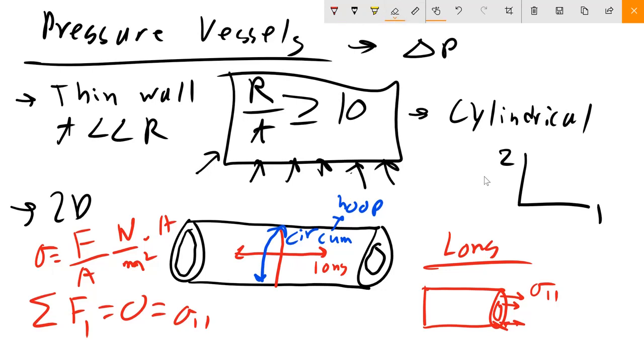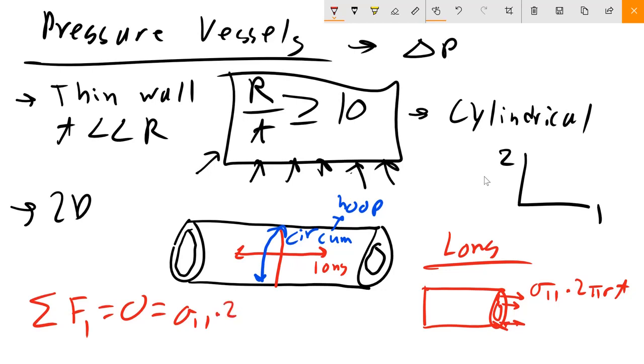So I need to figure out what's the area that that force is acting on. Well, we assume it's a thin wall, right? So this thickness here, I'm going to draw it here, is almost negligible. So we're just going to say that the area it's acting on is the circumference times that thickness. So it is just going to be this force times 2 pi r times t. And we assume that r, the radius, is effectively going to be the same. You don't need to think about the internal versus the external because that t is small. So our force in that direction is just the stress times 2 pi r times t.